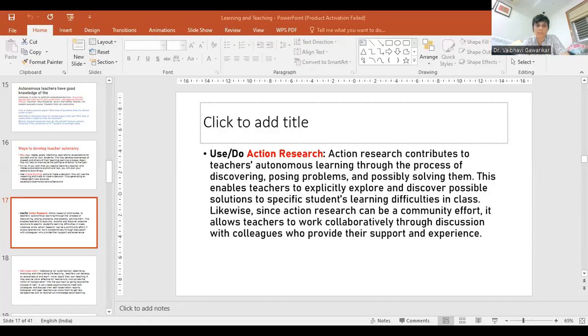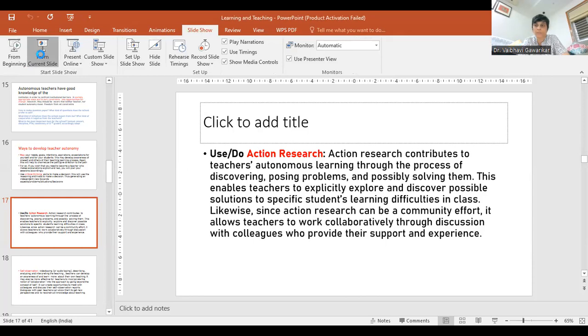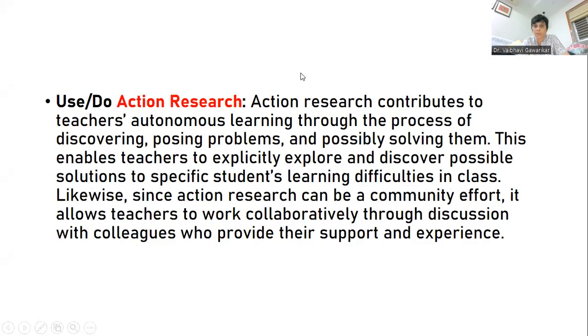And yes, very quickly, we'll go ahead with this because we have discussed this part before as well, which is action research. And we have been discussing this as part of the characteristic of teacher autonomy, right? And if it is a characteristic of teacher autonomy, it can also help develop autonomy. That's what we said. So action research contributes to teachers' autonomous learning because somewhere you'll be able to understand the problems in your teaching process. Once you're able to understand the problems, you'll be able to improve them, by way of which you will become more independent. You will have fewer people telling you what kind of improvements you need to make. And that's how you'll be able to develop autonomy.